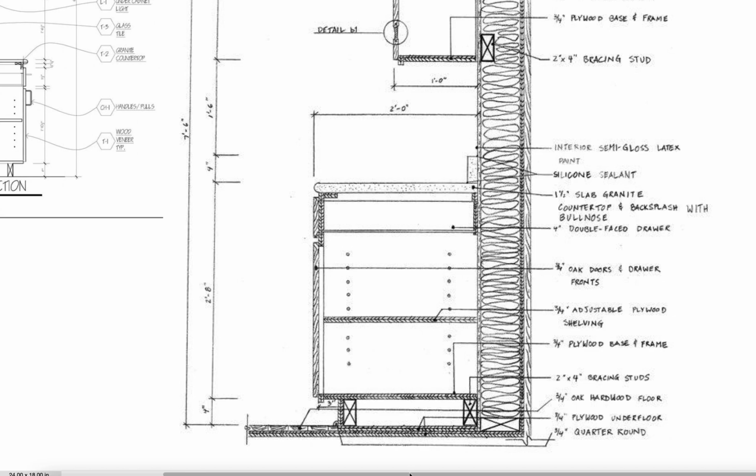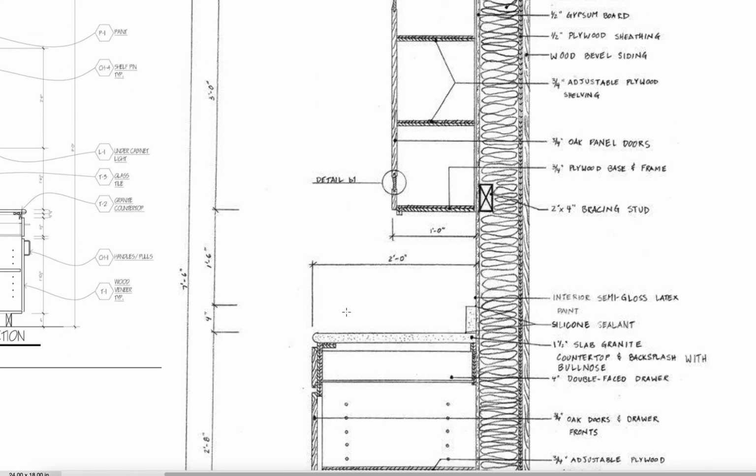And then again, you are just hatching. So it looks like now we're seeing the flooring material, and that is 3/4 inch oak hardwood floor. And we even see a little bit of trim that separates the floor from this toe kick, which is a 3/4 inch quarter round. So it doesn't just go into a perfect 90-degree angle. It has a little bit of a curve there. And then we go up,